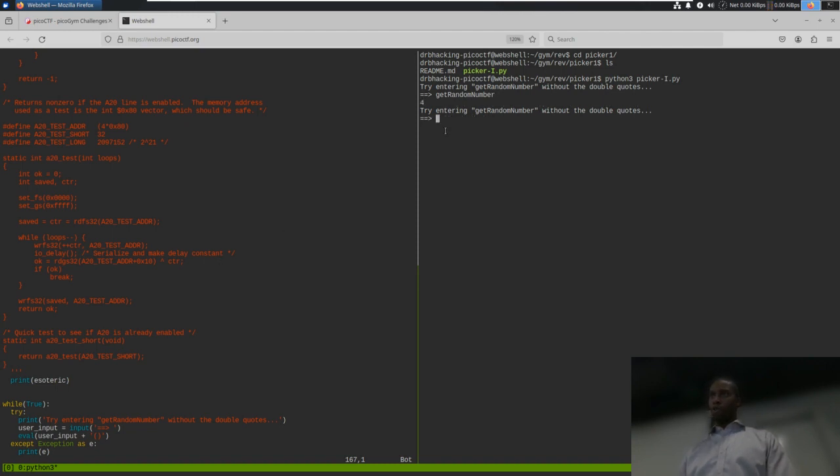Okay, and sure enough, it gives me 4, which is what I saw that get random number function does. So I'm going to go ahead and quit. I think I can do quit. Okay, like so. And what I am really interested in doing, okay, it's not telling me this, but